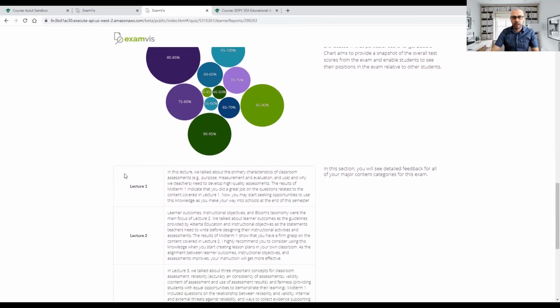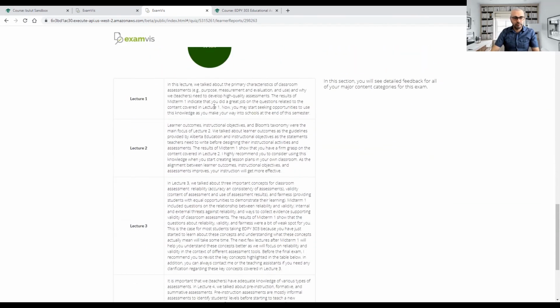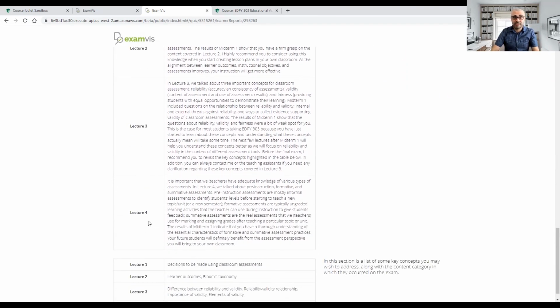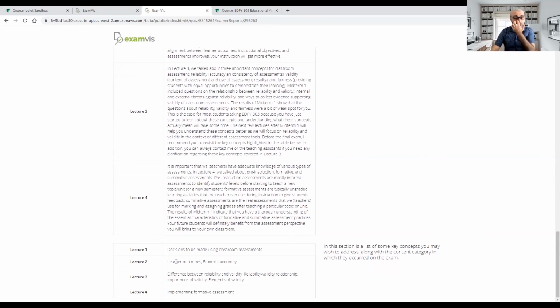Finally, the last thing that I will highlight is they got all the feedback statements that I entered for them, depending on the thresholds that I identified. So lecture 1, lecture 2, lecture 3, lecture 4, that's how I split my content categories. And as you can see at the bottom of my report, for each lecture, there's a list of key concepts associated with each lecture.